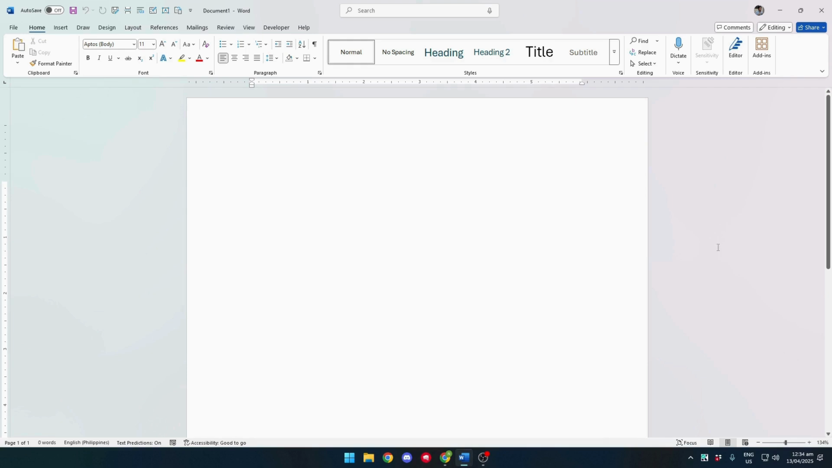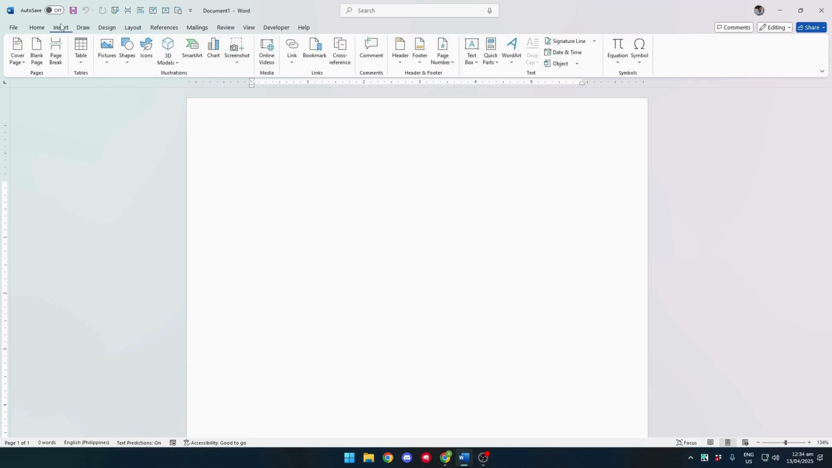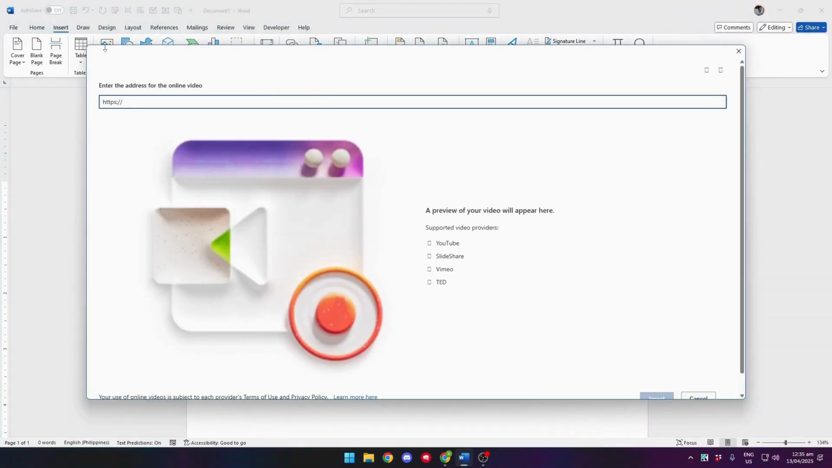Now to insert an online video, first, let's click on the Insert tab. And you should see the online videos option right here under the media group. And when you click that, this window should pop up where you can type in or enter the address for